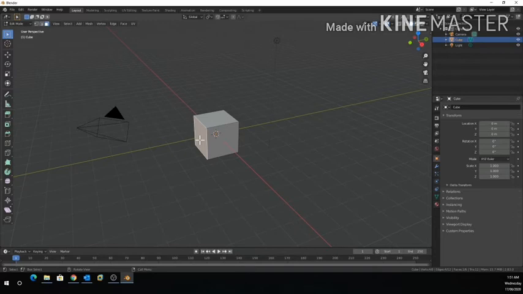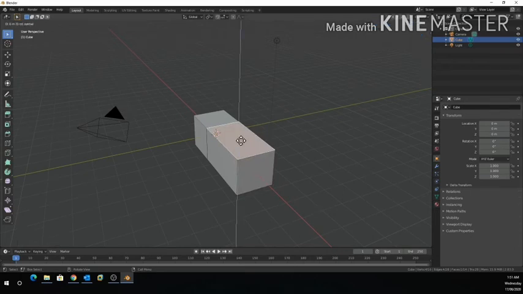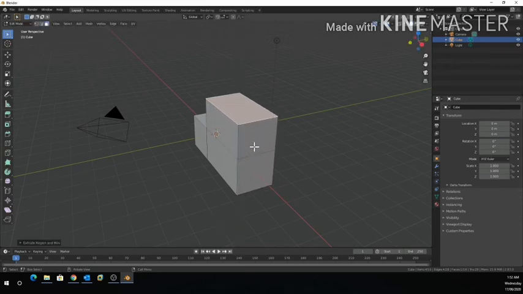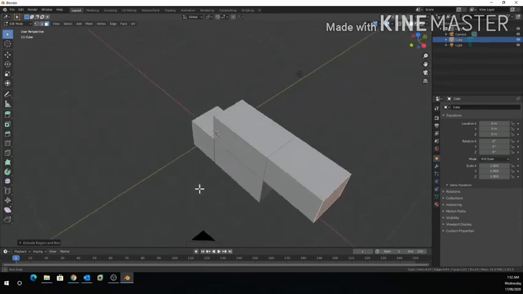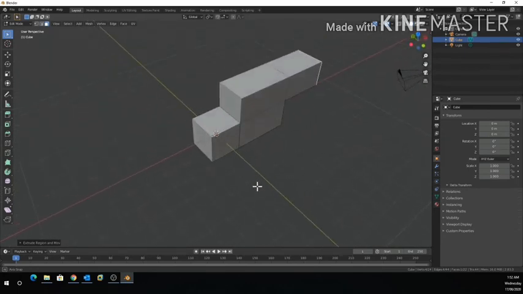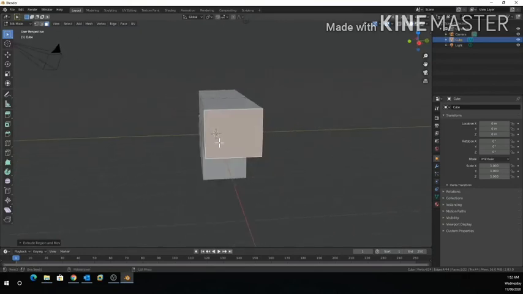I'm going to just show you extrusion. I'm going to select a face, and on my keyboard I'm going to select E to extrude. So we're now transforming this cube. So if I extrude, click E on the keyboard and just pull, then I select the top part there, click E on the keyboard and pull up, select this face here, select E on the keyboard and pull this way. Okay, as you can see, by just transforming those faces and extruding from the face, I've managed to create this 3D object. Okay, so that's why it is important to be able to select faces,